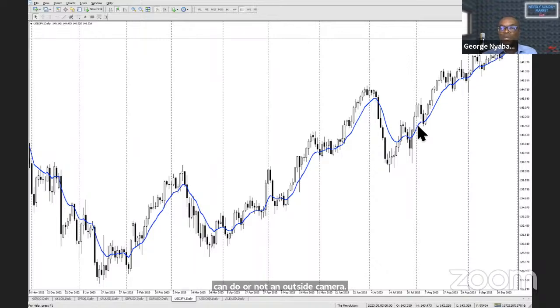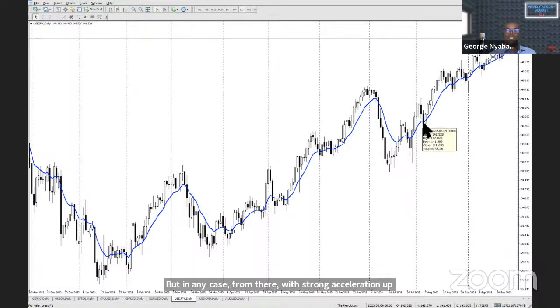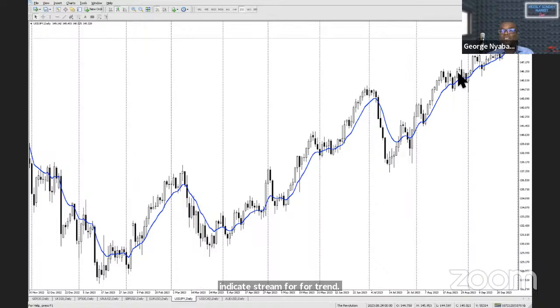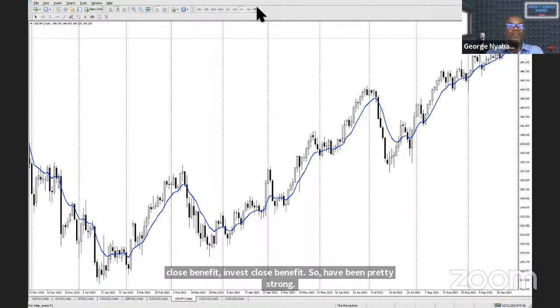Every time we got back to this EMA that I used to indicate strength of a trend, the market just reversed and kept going up. Tried to close beneath it, reversed, close beneath it, reversed. So bulls have been pretty strong. I mean, you might have other EMAs that you use, you probably see the same kind of thing. If you ever look at the monthly,